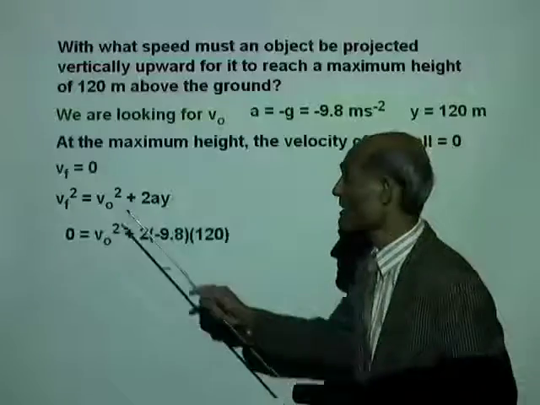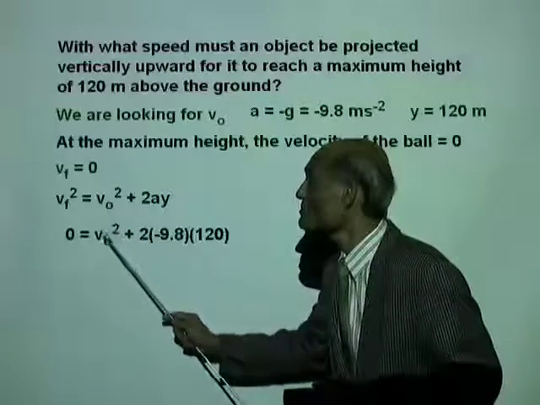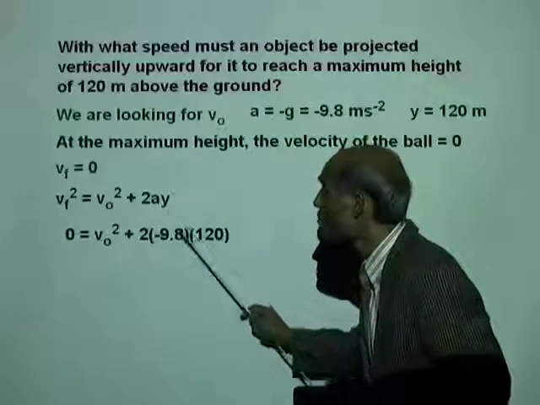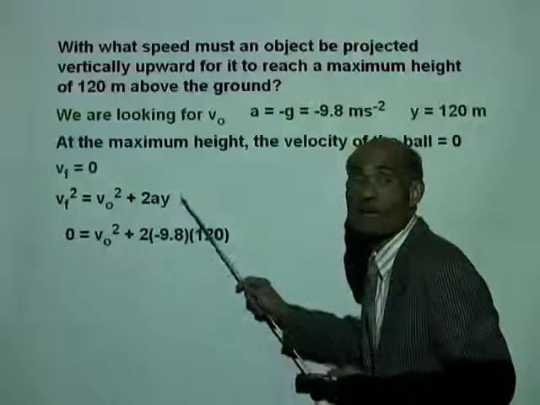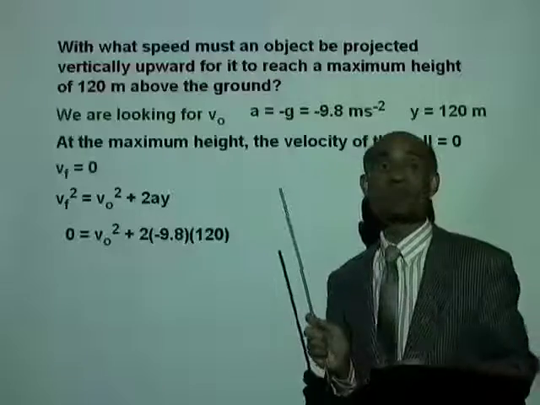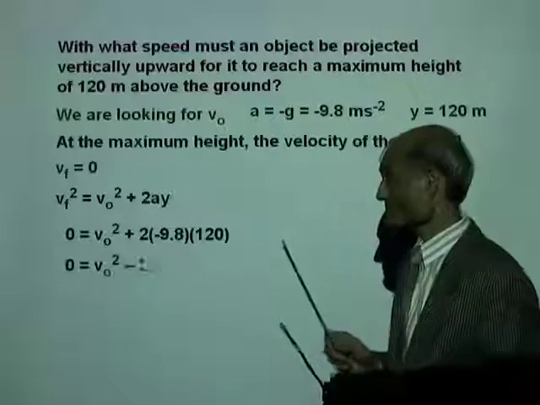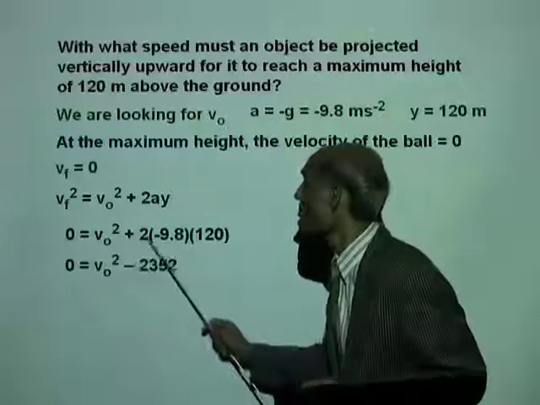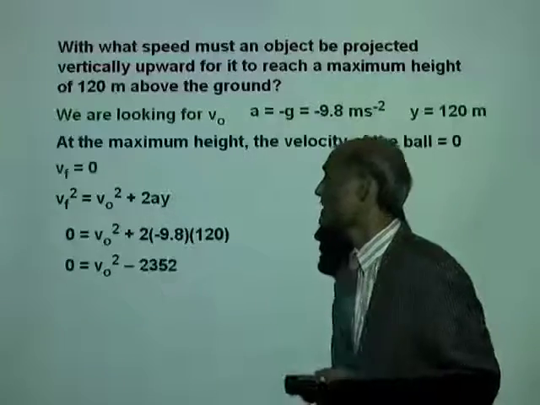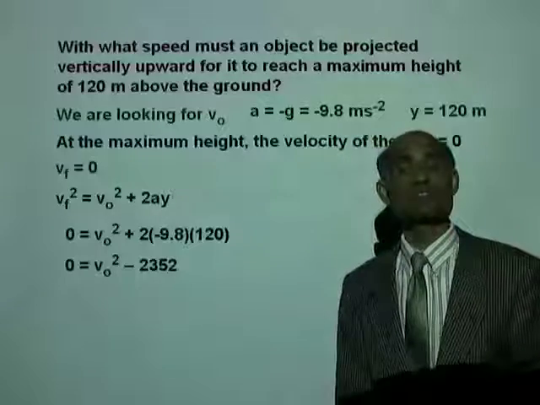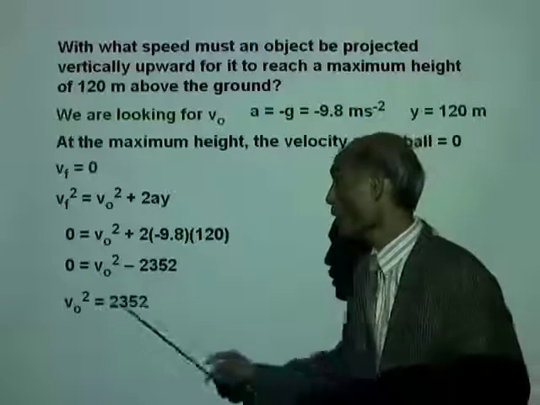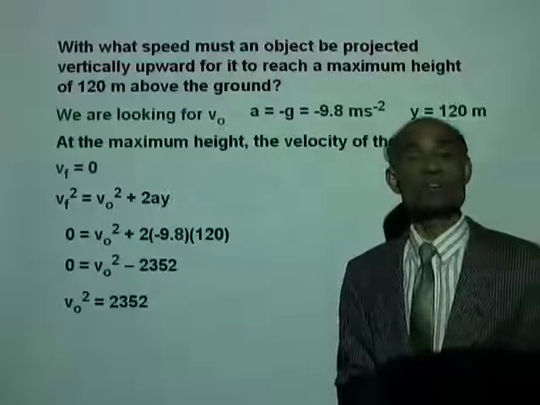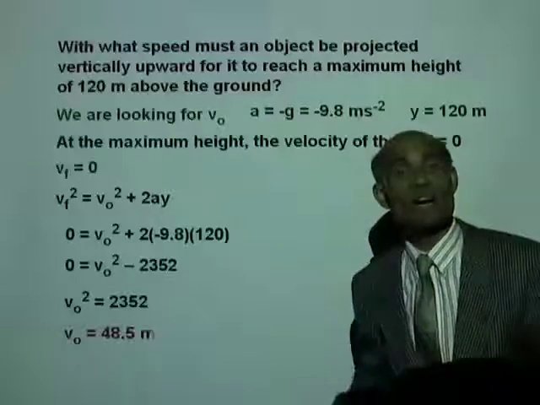Alright, let's put all those values there. 0 equal to V0 squared plus 2a. A is replaced by negative 9.8. Y is replaced by 120. And that is 0 equal to V0 squared minus, multiply these numbers, that is 2,352. Or V0 squared equal to 2,352. Square root of that is